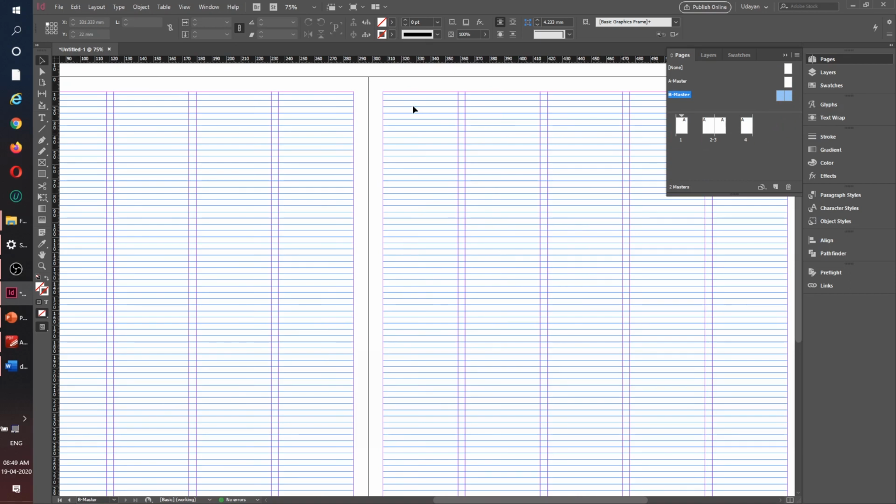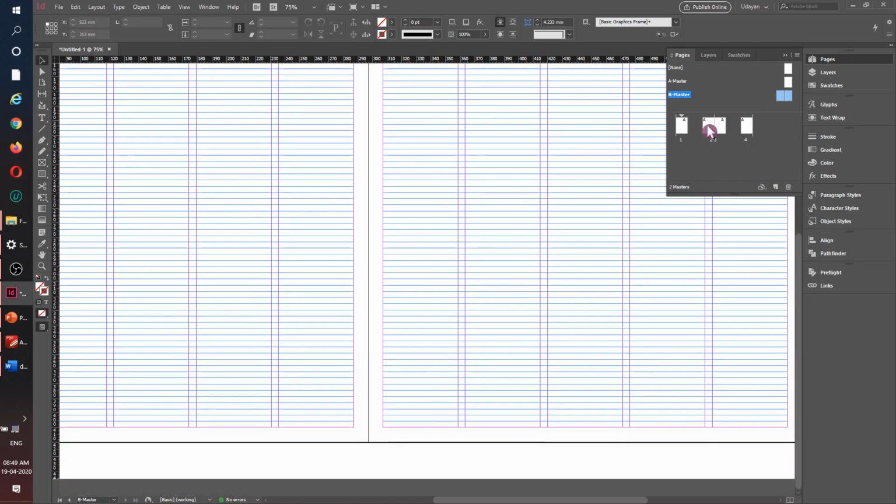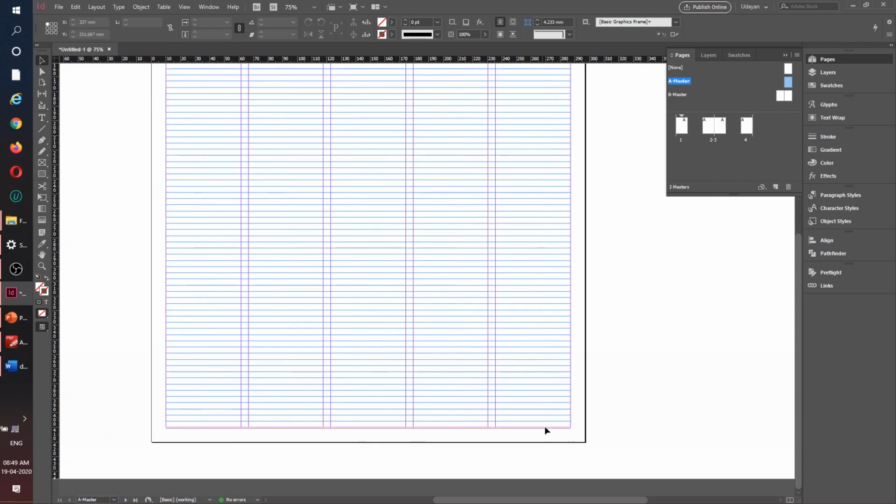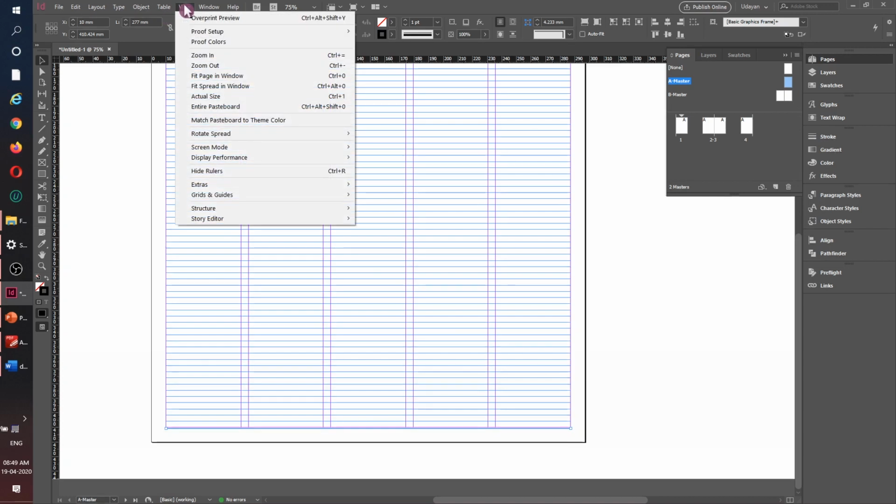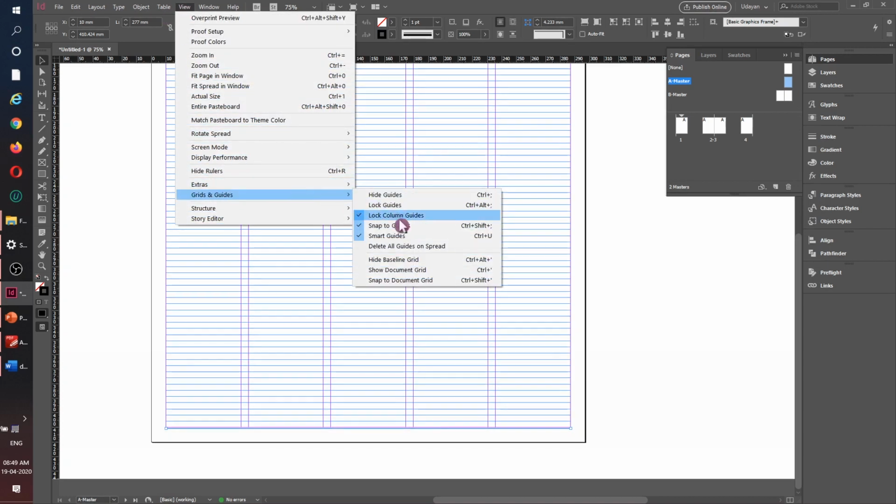Okay, now we will have to do the copy pasting job. So I'll click it here, copy this guy, and as of now, if you think that this baseline is really troubling you, at least I'm finding it very troublesome. So I'll go down to view, go down to grids and guides, and I'll hide baseline for the time being.